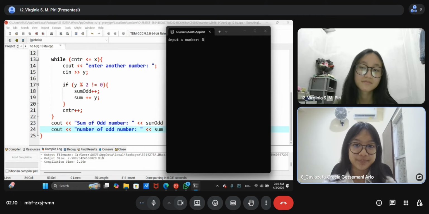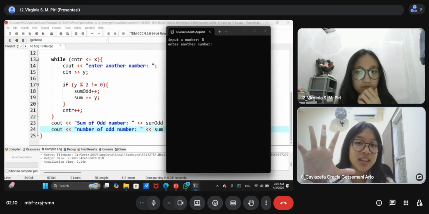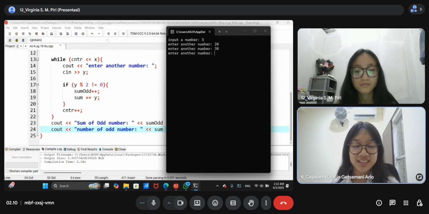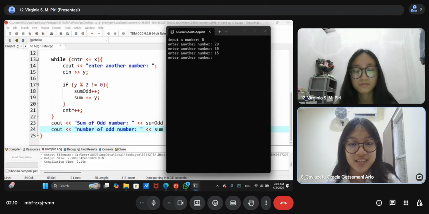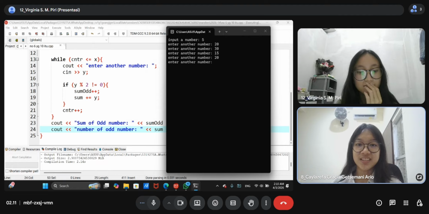5. So we have to input 5 numbers again. The first number is 20, the second number is 30, the third number is 15, the fourth number is 20, and the fifth number is 100.